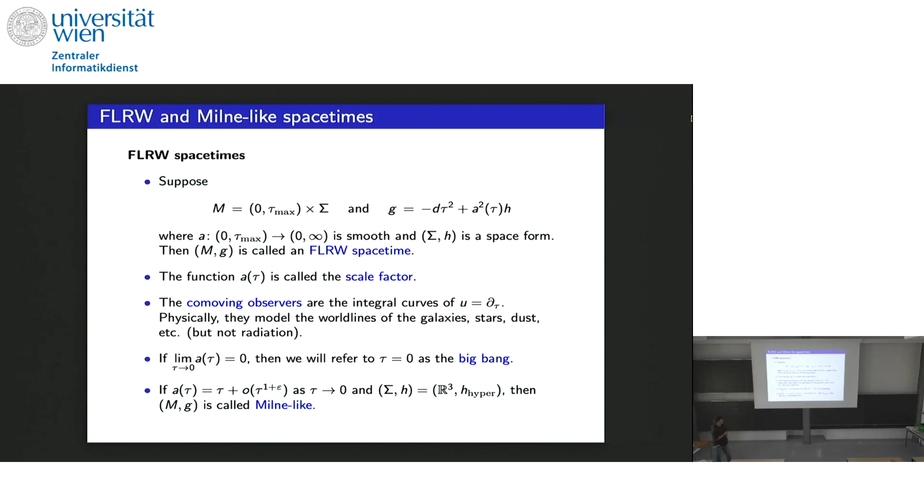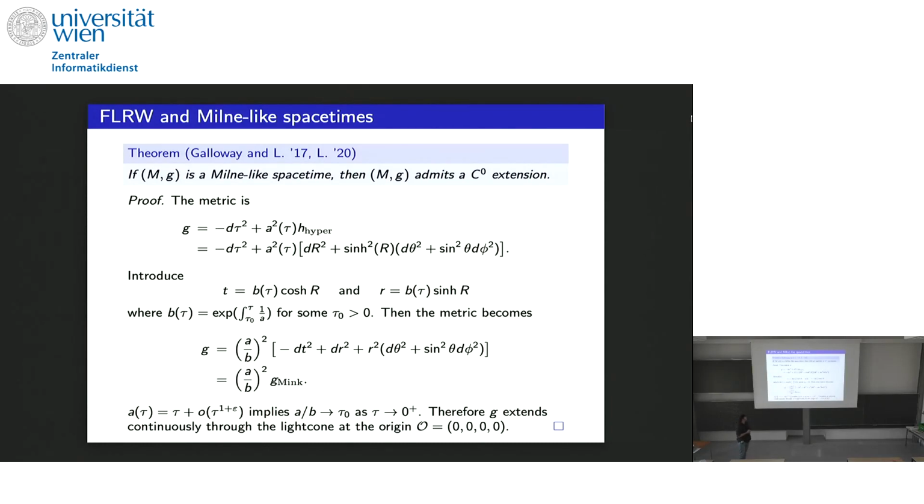This is just a definition. If the scale factor goes to 0 at some point tau equals 0, then we're just going to refer to it as the Big Bang. And then finally, if a of tau has this asymptotic form as you go to 0, and the space form is just a simply connected hyperbolic space, then (M, g) is called Milne-like. Okay. And then the theorem is this: if you are a Milne-like spacetime, then you admit a continuous extension, and